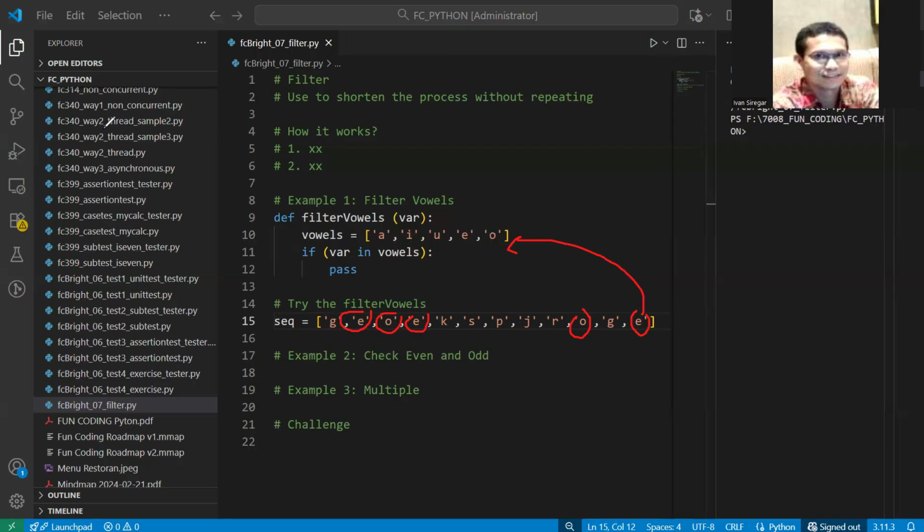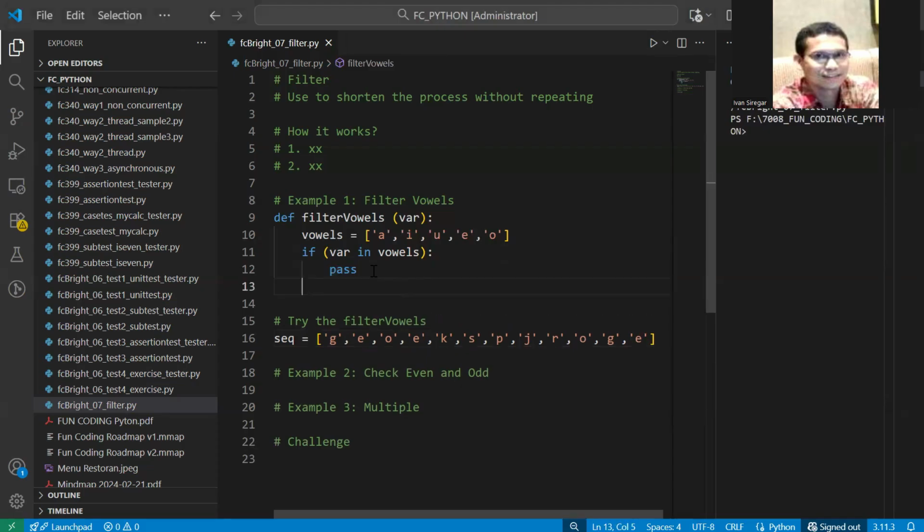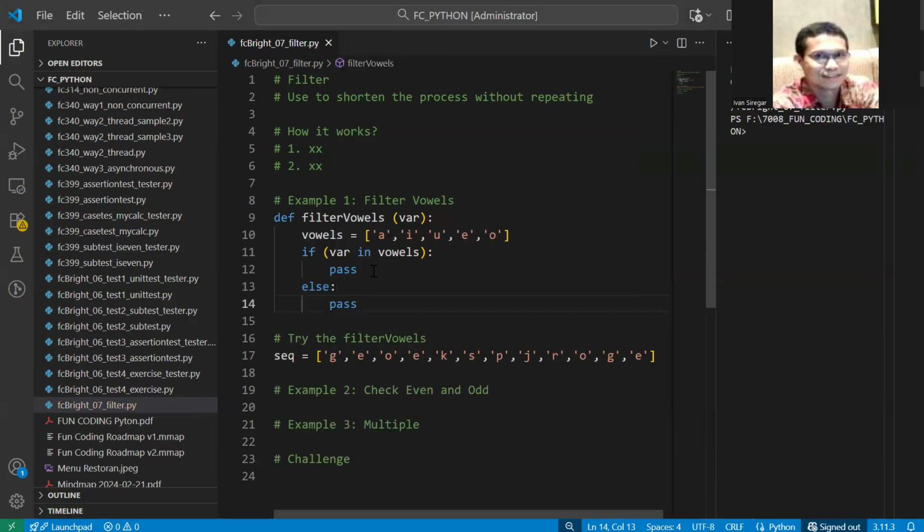Okay, so this is our objective. Now, when you run this, I think all of this is working properly because the structure is there, but it doesn't return anything yet. If the var is in vowel, it means it will be taking one by one, repeatedly, taking G, checking whether G is a member of this, E a member of this, O a member of this, E a member of this.